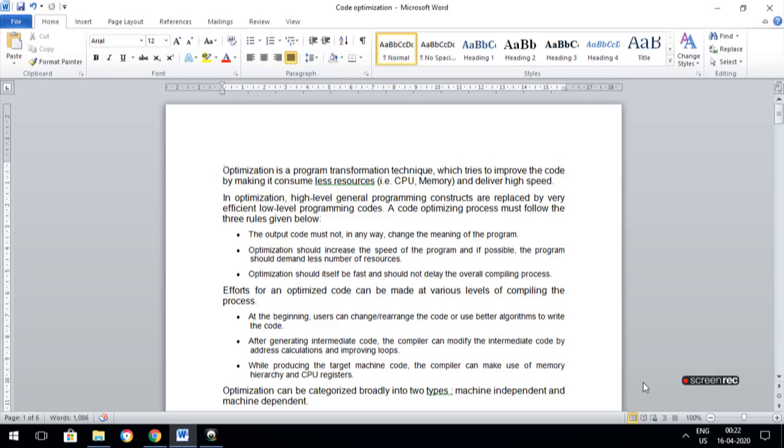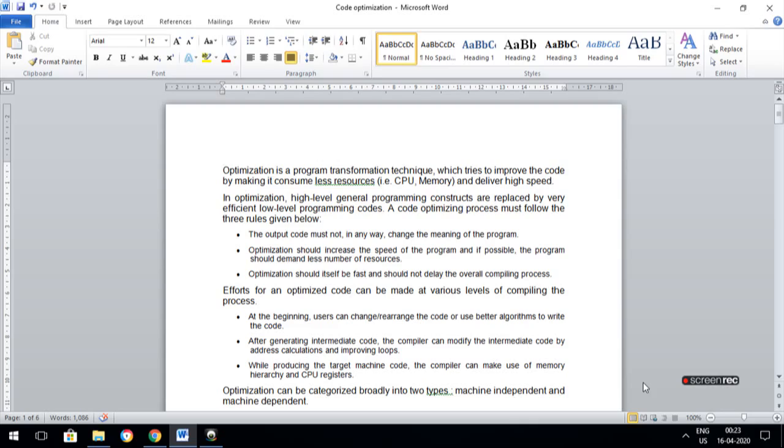Optimization is not hardware; it's a technique, or a process, or a program. It will reduce the CPU cycles and efficiently use the memory.